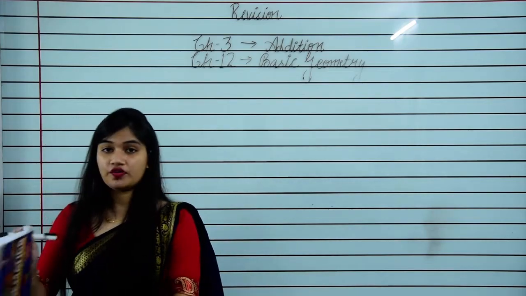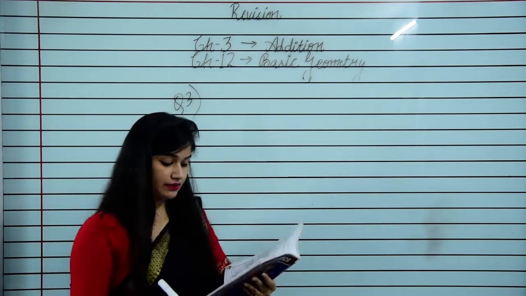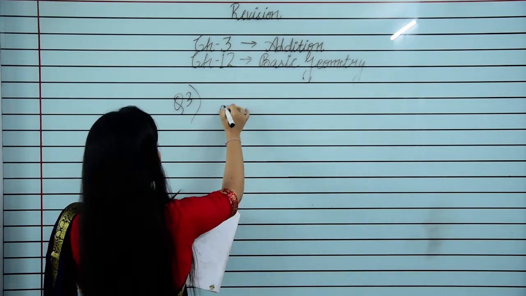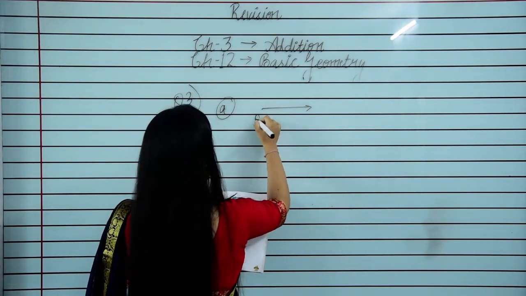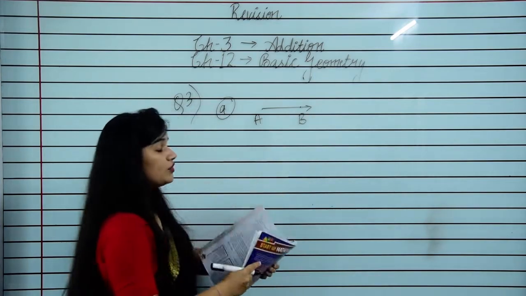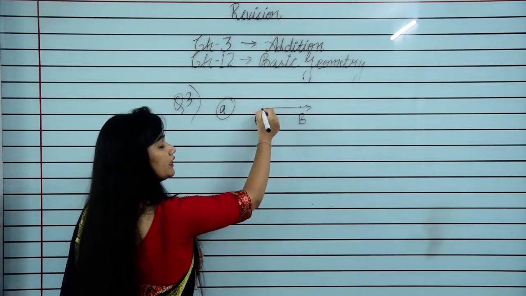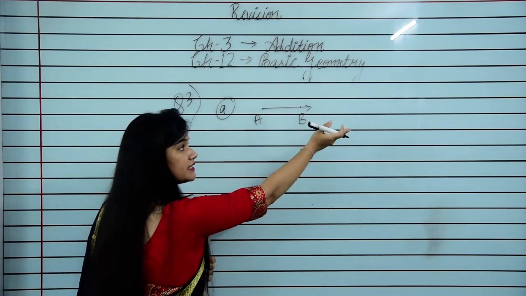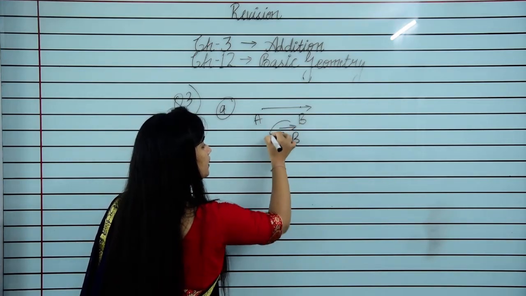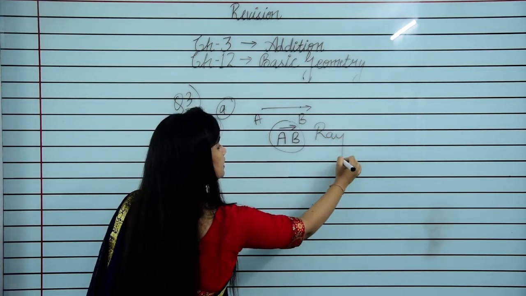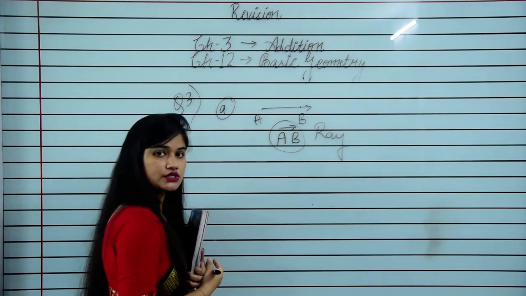Students, open page number 159, question number 3. Question number 3, name the following figures, and we are observing A part. So students, look at this figure, AB. What is this? Is this a line segment or a ray? As we know, there is only one endpoint and this is going in this direction. It means AB is a ray. And how can we show it? We have to write AB and we have to show an arrow here. Understood?